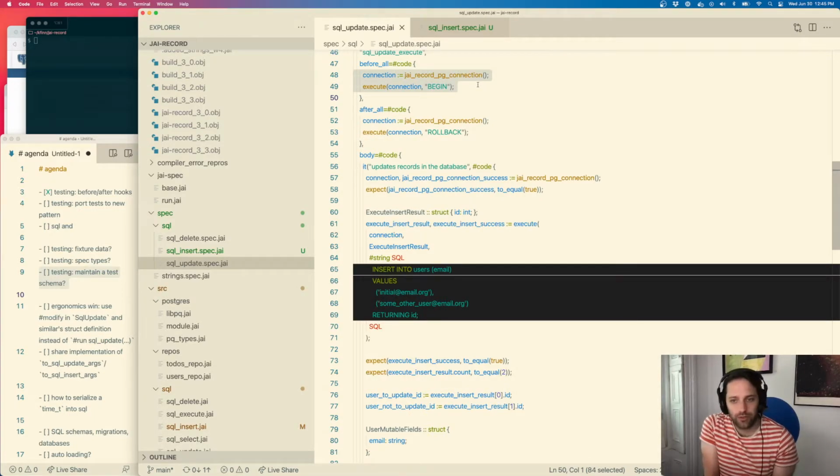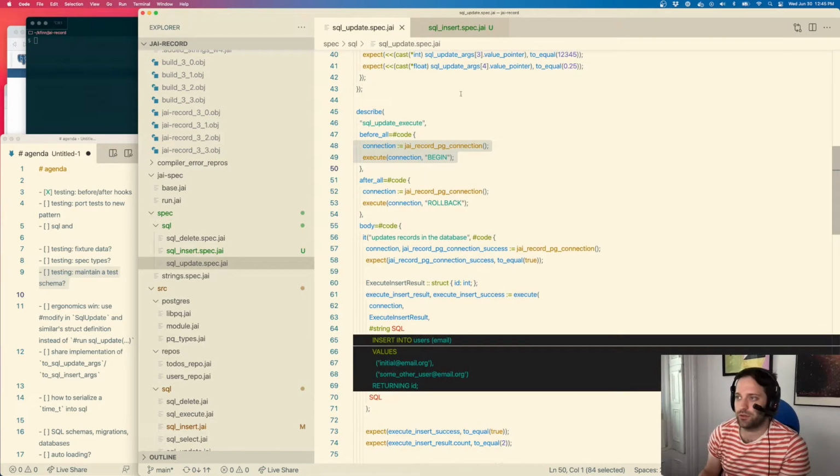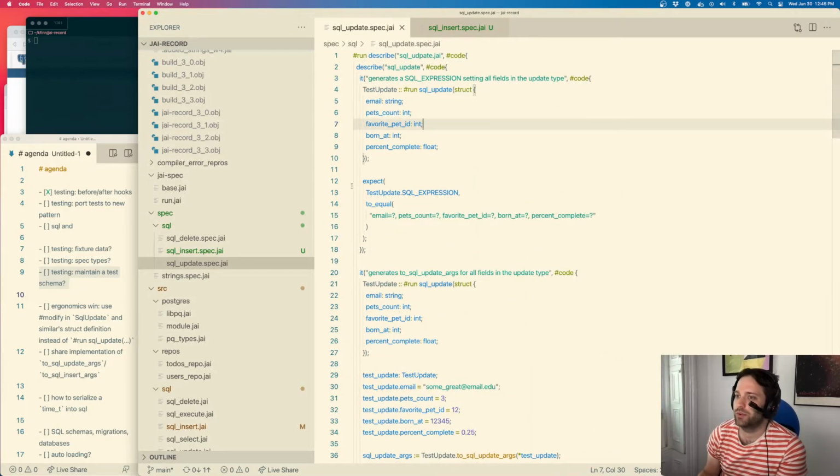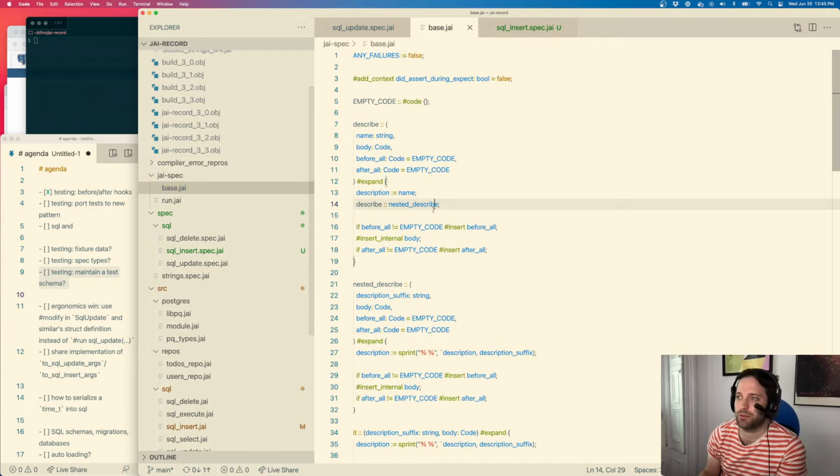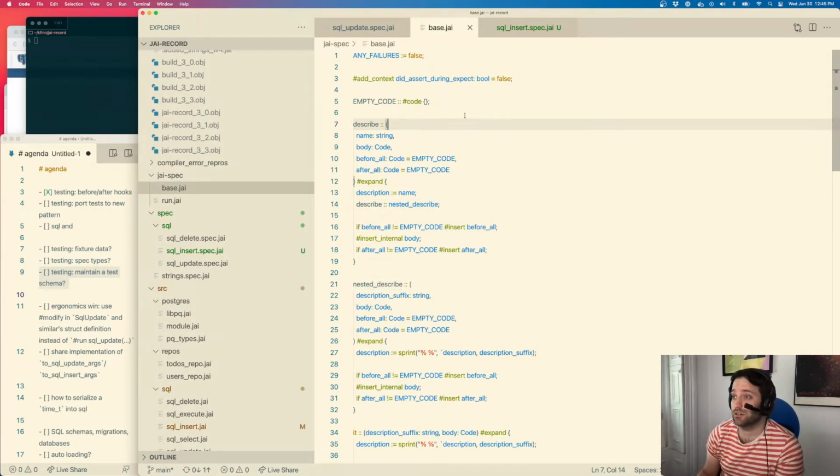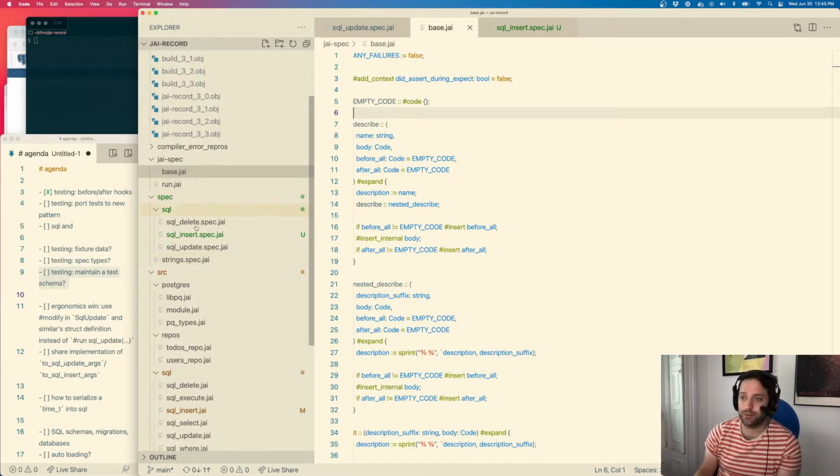But if I get to the point of actually wanting to declare a test schema that I'm testing against and grab my database connection, make sure the test schema looks about right, and then run my tests, I'm only going to want to do that once at the very beginning of the entire spec suite. I'm not going to want to do that at any describe level. And more importantly, I'm not going to want to copy paste all that code all over the place. I'll at least need to extract it somehow. Right, and so I think that means that in this base, I'll probably need some extension point to declare a global before all or something,